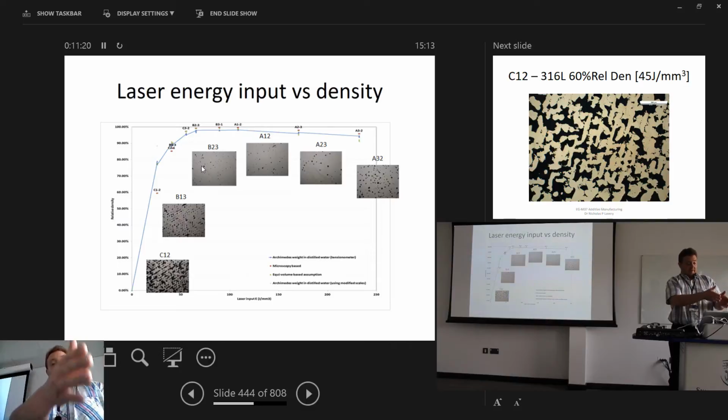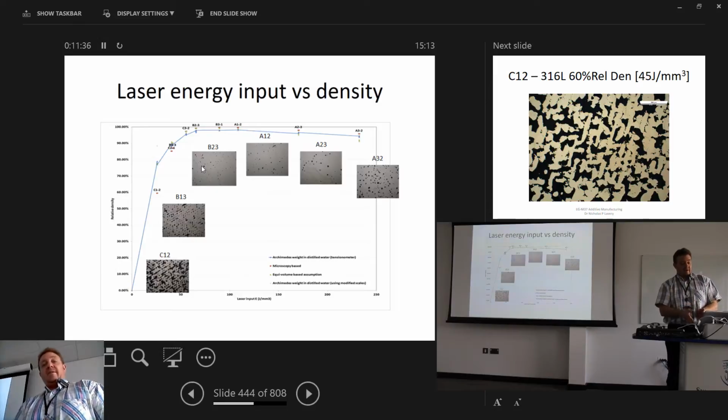You can see the ghost lines of the tracks start to close until we have a much reduced porosity. Then after a certain point, we've actually started to overcook the material. We put too much energy density into it. And what happens then, and this is just a hypothesis at the moment, we haven't proved it, but we think it's the case, is then you get more keyhole mode